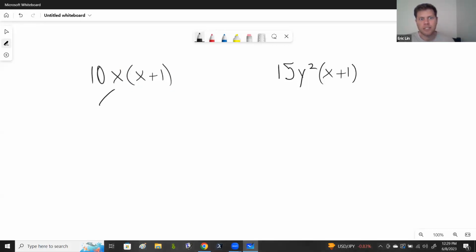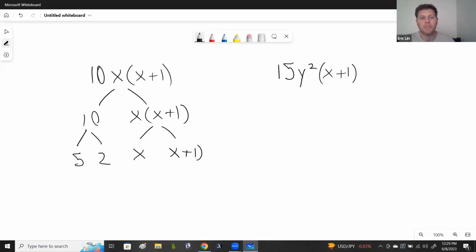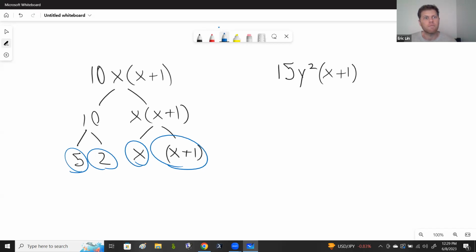Okay, so let's go ahead and split this up. Same as before. So x plus 1. 10 gets split up into 5 and 2. And x plus 1 stays as x plus 1. So keep in mind, what I'm doing here is I'm always treating the x plus 1 as though it's not able to be taken apart. It is one single thing. So I have this piece, this piece, this piece, and this piece. Okay, so 5 times 2 times